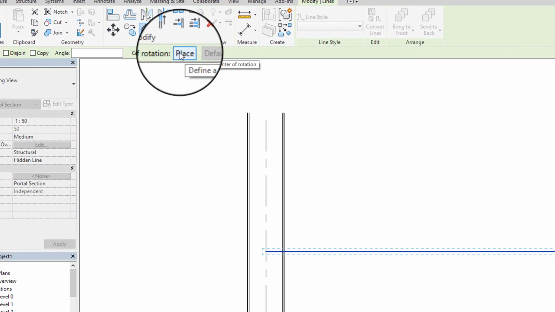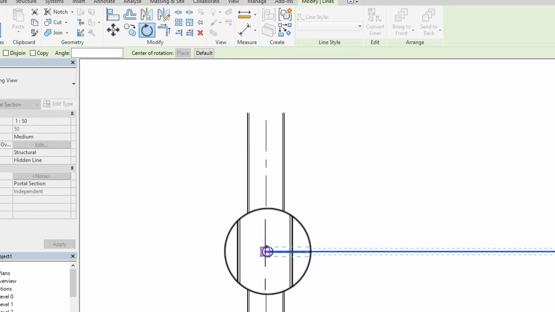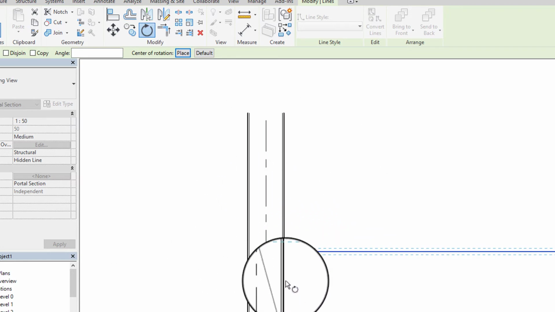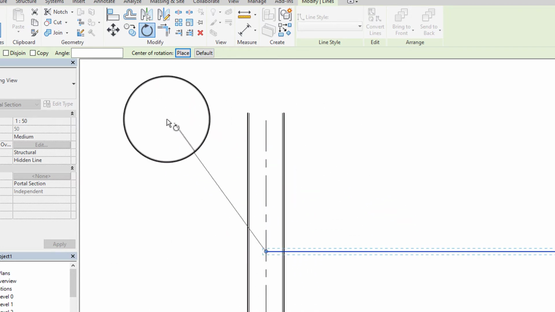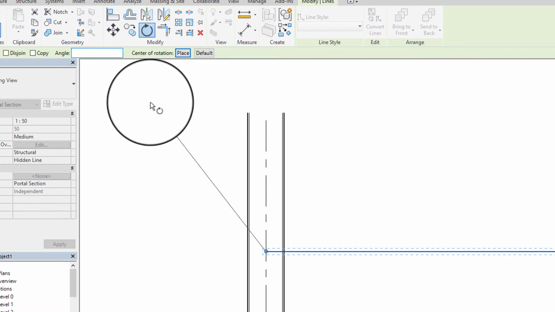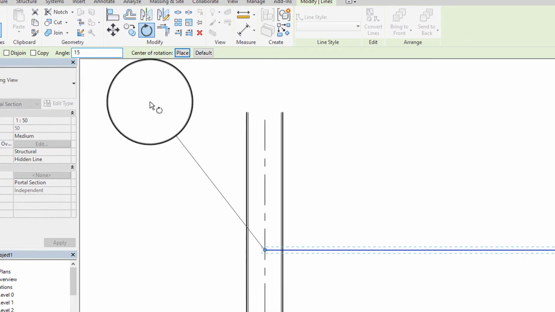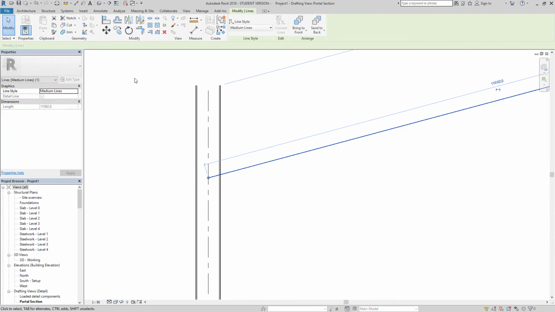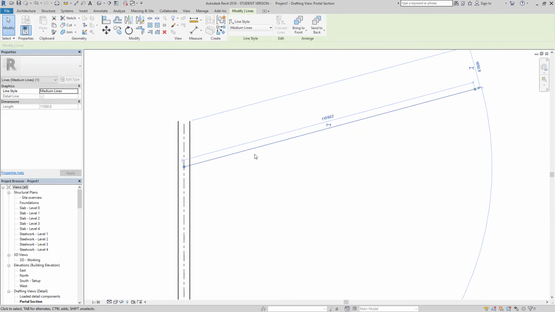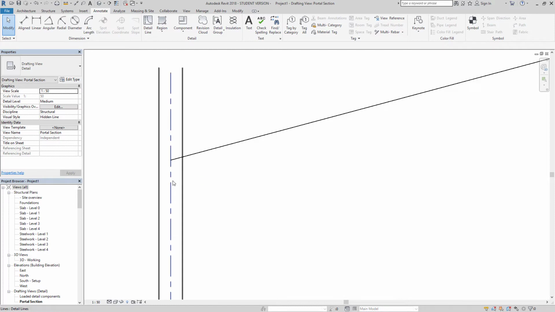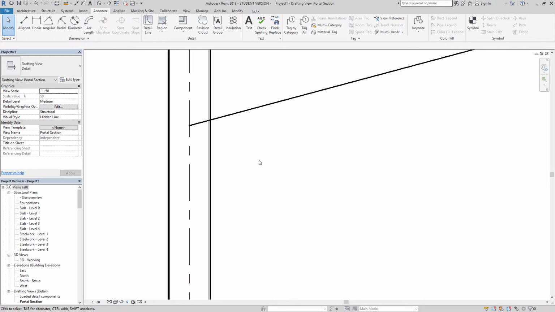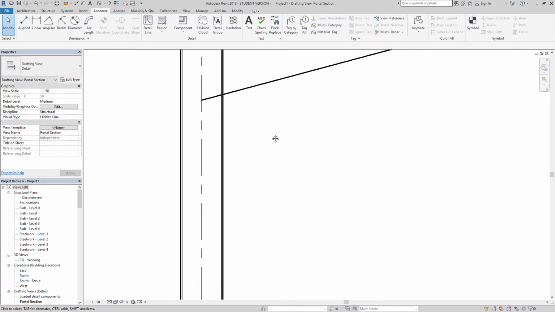So if you go up to the toolbar and select place, we can then select the end point, now it will rotate it about the end point of the line, and we can type in an angle. The angle of this particular roof is 15 degrees, so 15, return. And that effectively rotates the top flange of the rafter through 15 degrees. So press escape, and I just want to zoom into the top of the rafter and column intersection,